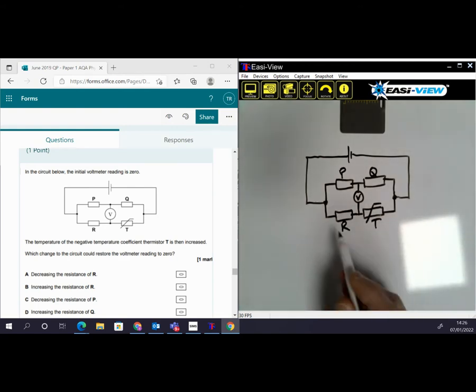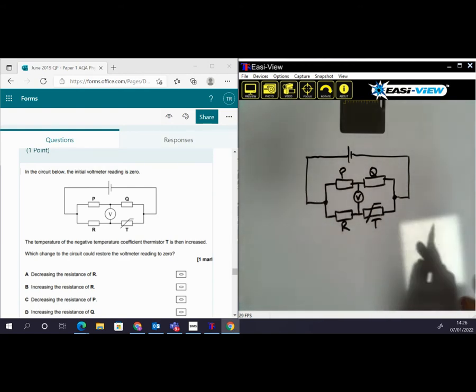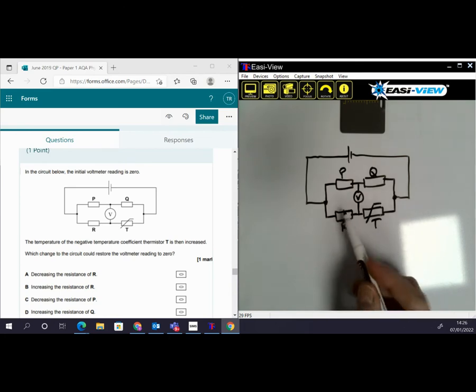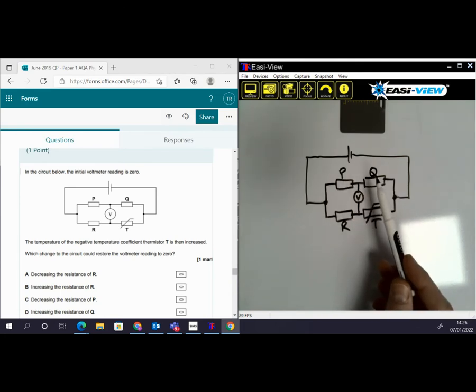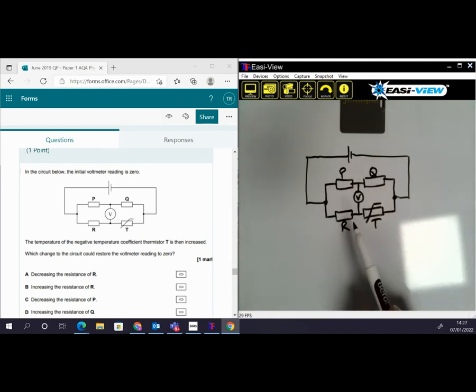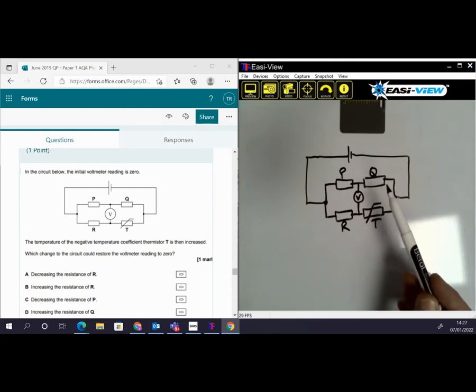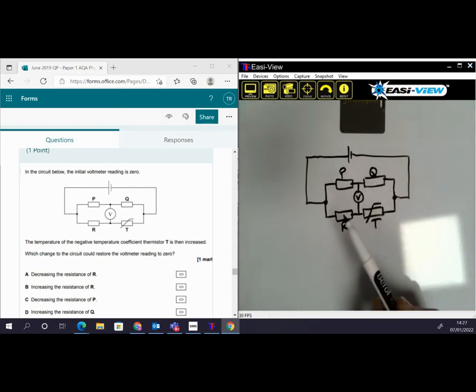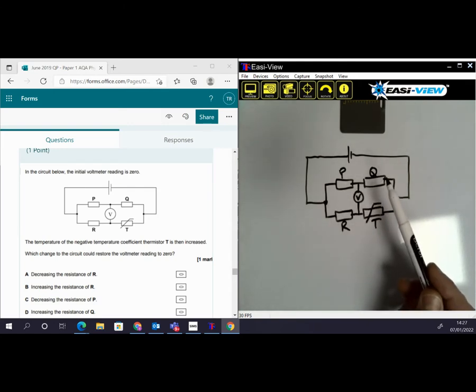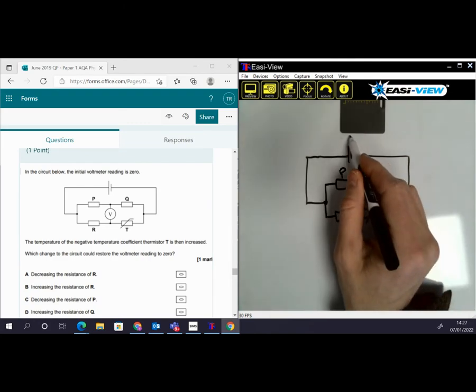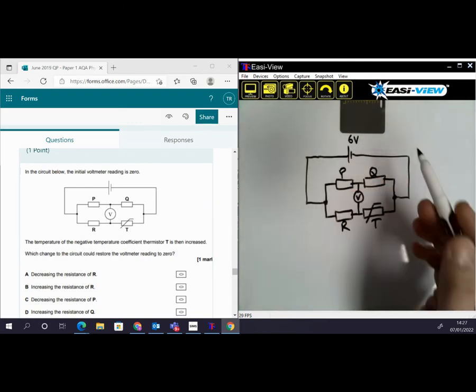Now, in terms of explaining that, the easiest way to think of it is that P and Q are equal. If P and Q are equal, and R and T are equal, that will give you a voltage of 0. P and Q don't have to be equal to R and T, but they have to be equal to each other. Because if I set this to a voltage, let's say 6 volts, an arbitrary choice that doesn't make any difference,